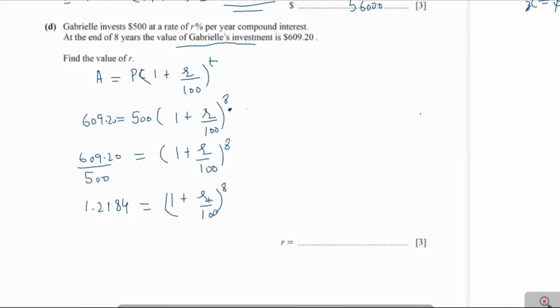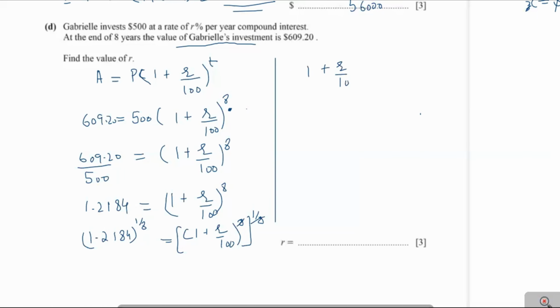Now we take the eighth root on both sides, we get 1.2184 power 1 over 8. That will be equal to 1 plus r over 100 power 8 into 1 over 8. That 8 will be cancelled. Therefore, we get 1 plus r over 100 will be equal to